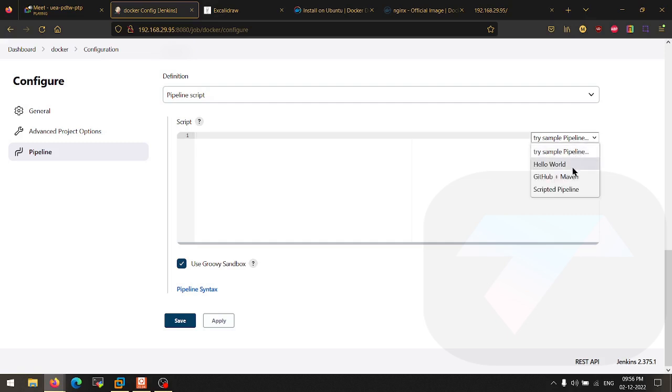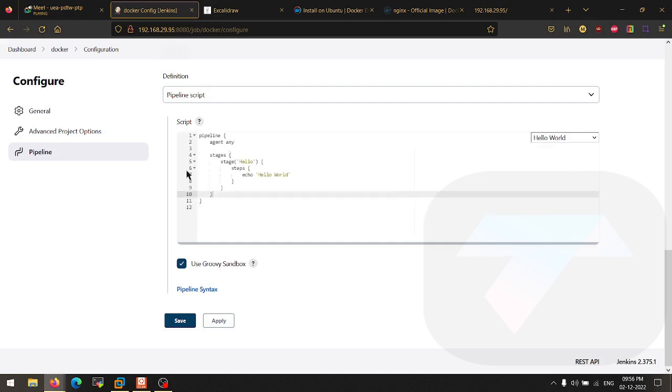No, Hello World. So you guys can see I got the sample structure here directly when I clicked on Hello World. And in these stages, I will create more stages here. So this is the steps and this is the stage. All right, I'm going to copy the stage, hit enter, one more stage for the deploy, build and deploy.